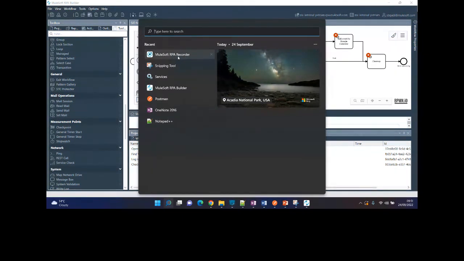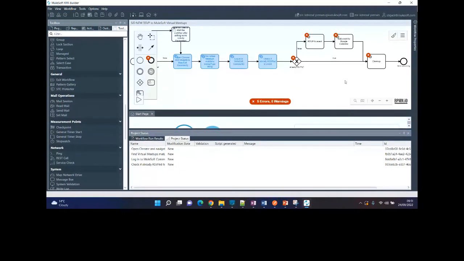So you can use this RPA recorder. You can start your recording and do all your steps. It will record all the steps and generate that code for you, that activity box and all of that, and you can just put that onto your BPMN and implement your build. That's all you can do. Technically, that is how you achieve it.